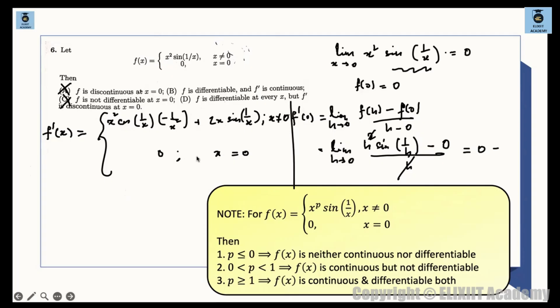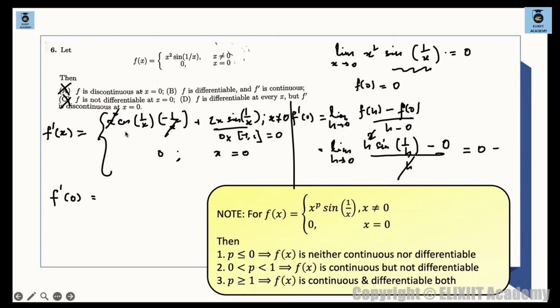ठीक है, तो here you can see this x square and this x square will cancel out. Sin 1 by x into x, once you plug in the limits, limit extending to f dash of 0 plus करोगे ना, तो वो क्या आएगा? You will plug in the limits over here. तो you can directly see over here कि this is a bounded function. This will be 0 into some oscillating value minus 1 to 1. This will be 0. ये value तो 0 होगा, but this will create the problem because here we are having